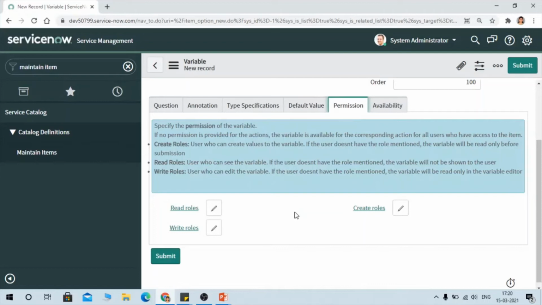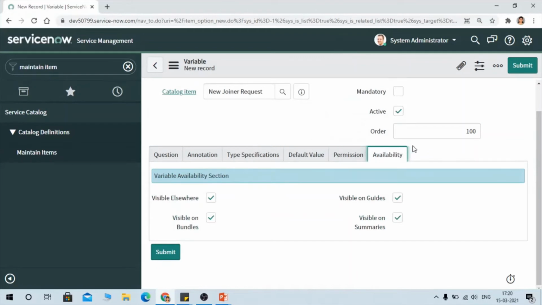So you can restrict this variable according to the role. If you add some role, whoever has that role will only be able to read, write or create this variable. We can have some restriction on write or CRUD operations based on role.